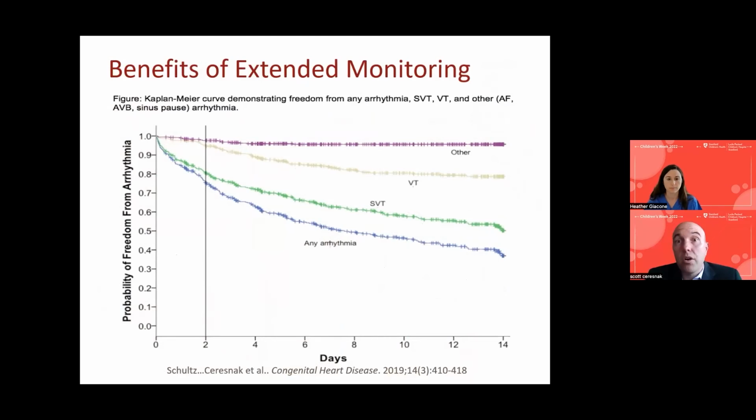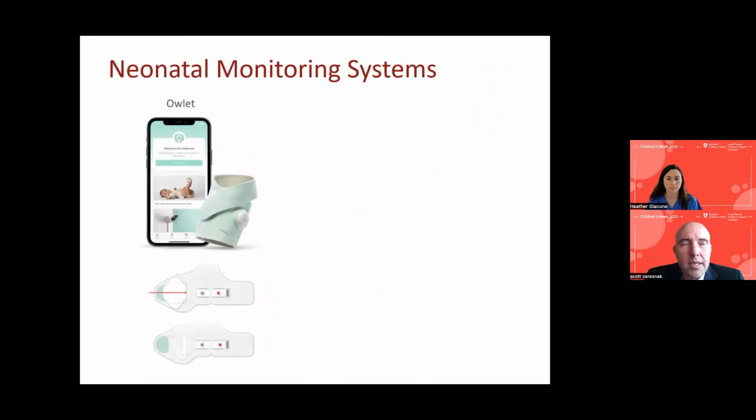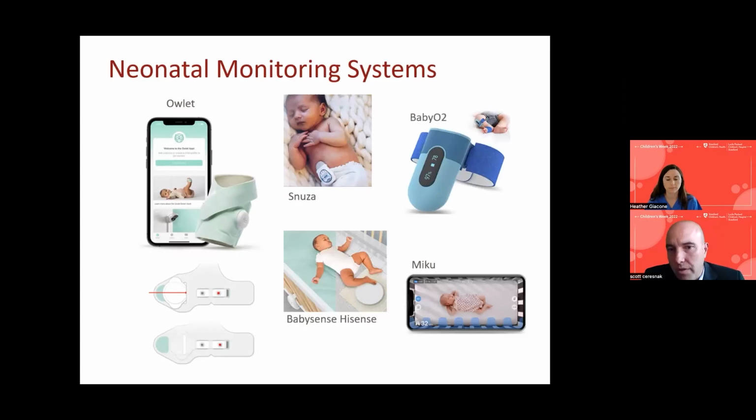So the newer monitors are great for picking up some of these arrhythmias more long term. I know you guys have probably on the pediatric side seen this in terms of neonatal monitoring. And the Owlet is a big one. There's a whole bunch of other monitors. Heather and I have both seen patients who have had SVT picked up on the Owlet. And I think we're not trying to endorse any particular monitor here. And I think we've also seen a ton of monitors that have picked up arrhythmias where we've never been able to identify any true arrhythmias, and probably just artifacts.